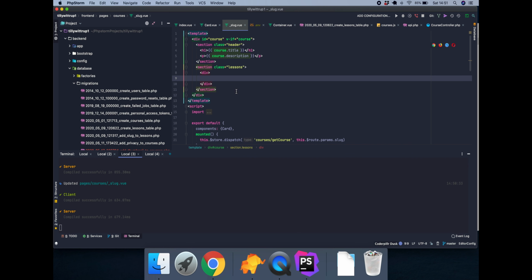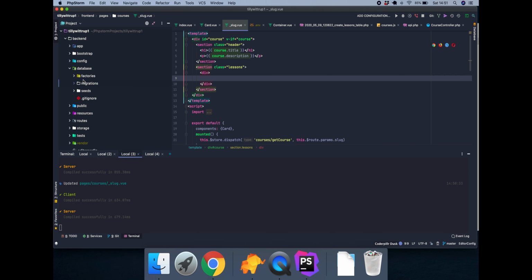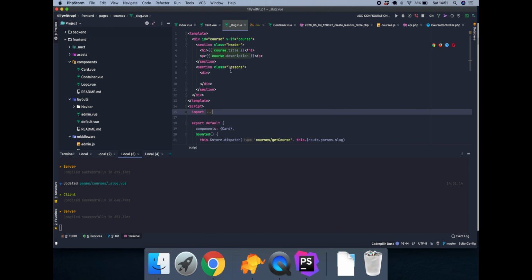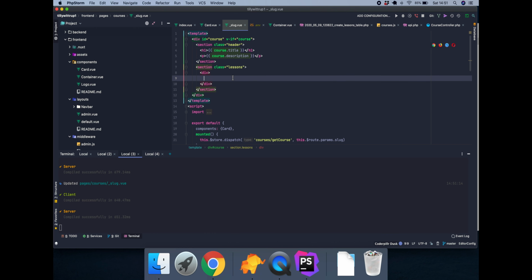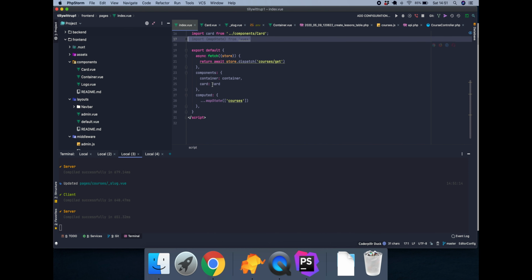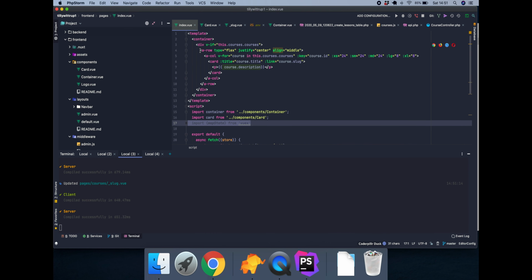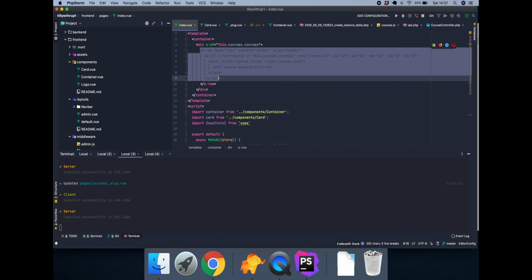So there's two ways I think we can do this. One of them would be putting in multiple cards, and remember we already created a card component earlier on, which is the first one we're gonna do, and we might be looking into also using just a list, but for now let's just work with the card components. So in that case we can pretty much copy and paste from here,